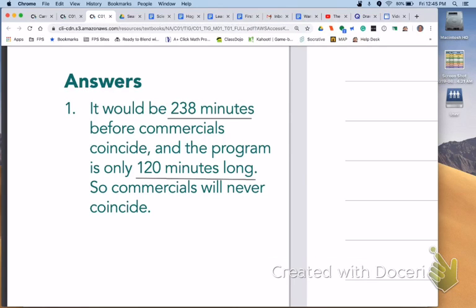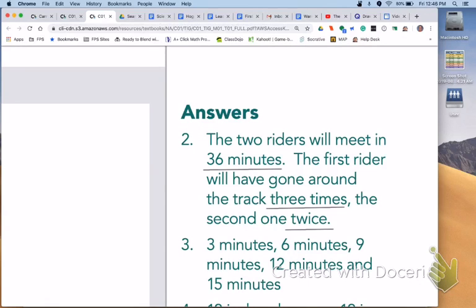For number 1, it would be 238 minutes before commercials coincide, and the program is only 120 minutes long, so the commercials will never coincide. For number 2, the 2 riders will meet in 36 minutes. The first rider will have gone around the track 3 times, while the second rider will have gone around twice. And for number 3,